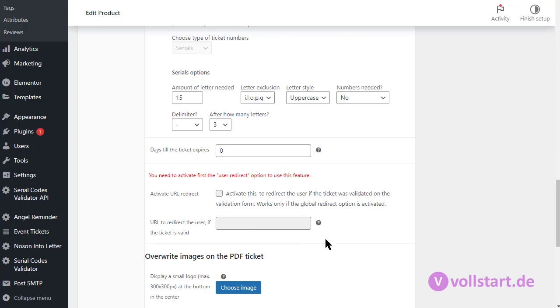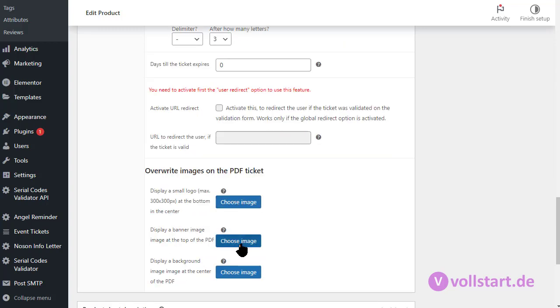Activate redirect URL. Yeah, not really. I have no clue what you would do there if it's an on-site event. It's more for virtual events, where you can redirect them somewhere once they're redeeming or validating the ticket. It's for the validator. So in this case, you need to activate also the validator form. The validation form is super simple to activate. There's a shortcode. If you go to the event ticket, you scroll completely down. The shortcodes are listed below. You copy and paste this, add this to a page, and this is your validation page.